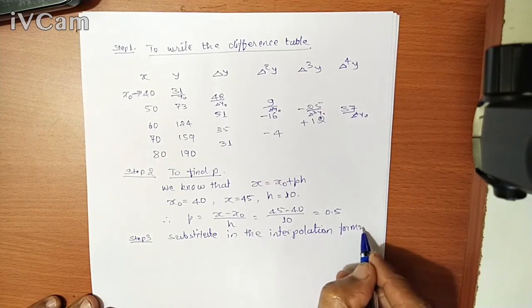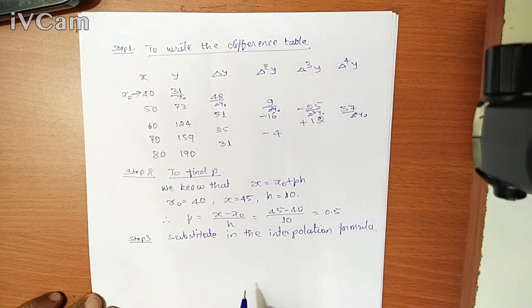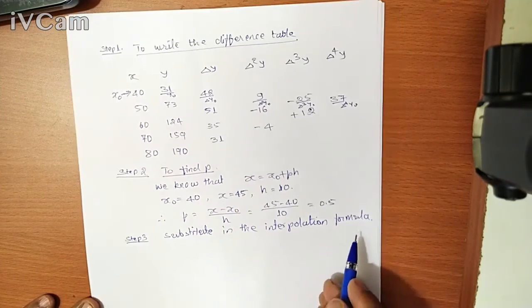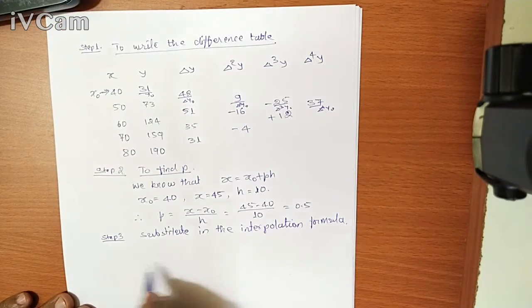First you have to identify which interpolation formula you are using. Then you have to write down the difference table, either backward or forward. The values are the same only. Depending on the situation, you identify the tables. One is the forward difference, del. The other one is the backward difference, nabla. So now the next step is to substitute in the interpolation formula.